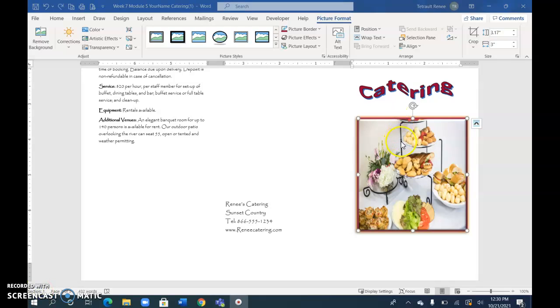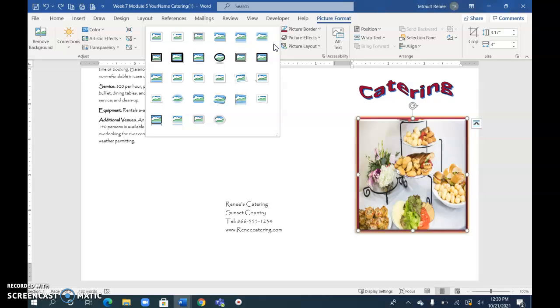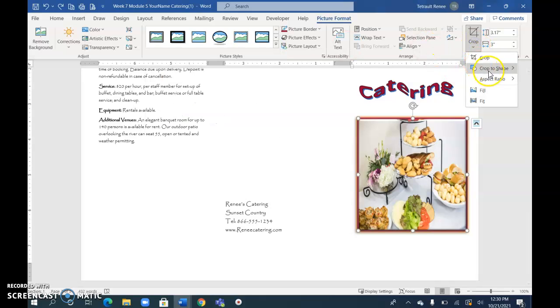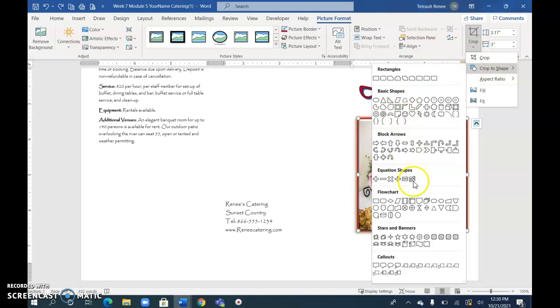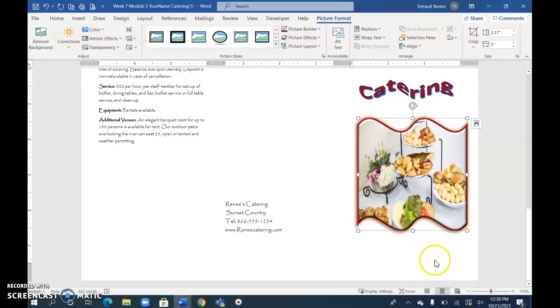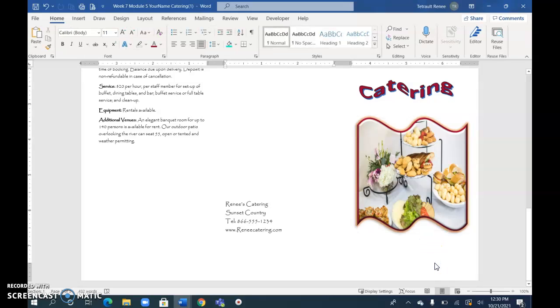I also wanted to share with you, if you didn't like the choices for the picture styles, you could go into Crop and choose Crop to Shape, and you can change the shape. I'll go with a double wave. You can have that type of picture. So let's look at this as